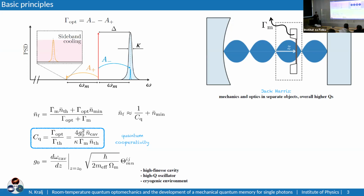And then if you want to find the overall occupancy that you will reach, you can find it with the principle of detailed balance. So basically it's coupled to its intrinsic bath, the occupancy of which I denote as N thermal. And then there is this optical coupling due to the presence of this pump. And I told you that this optical bath is essentially at zero occupancy. That's not quite true because there is still quantum back action, which in this case is manifested by the presence